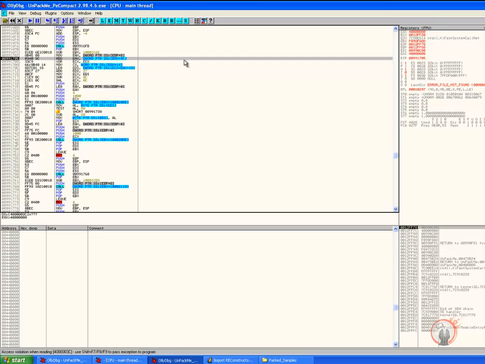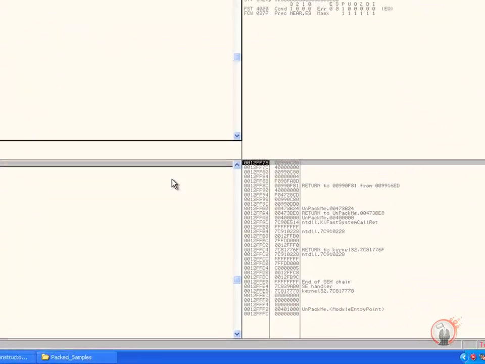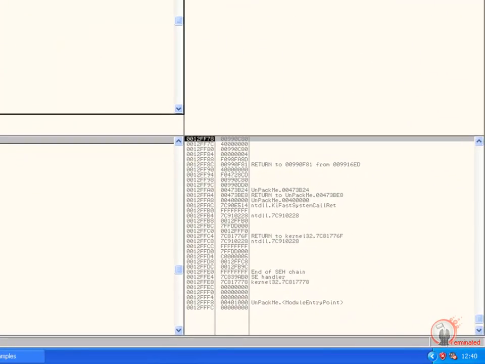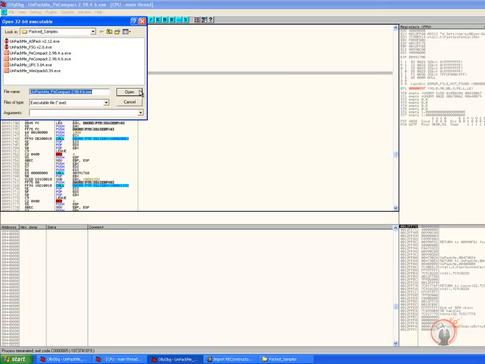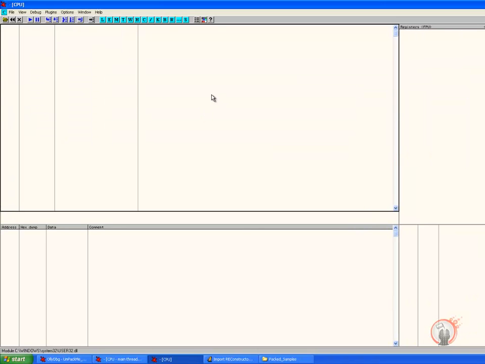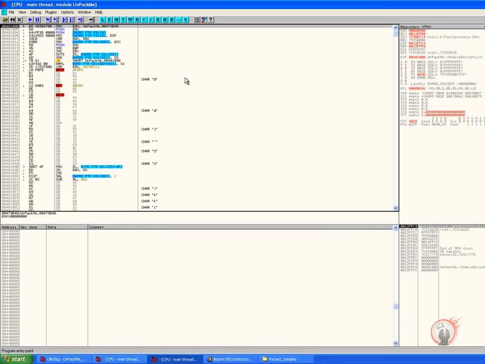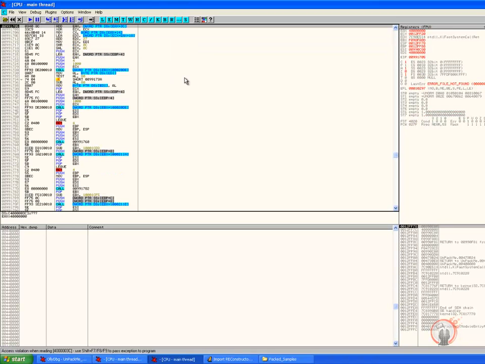Let's try and press Shift plus F9 once again, just to pass the exception to the application, and again, and we see that the process terminates. So something didn't go as we were expecting while we were running this application through the debugger. So let's repeat again, Shift plus F9, Shift plus F9 again, and once we break here